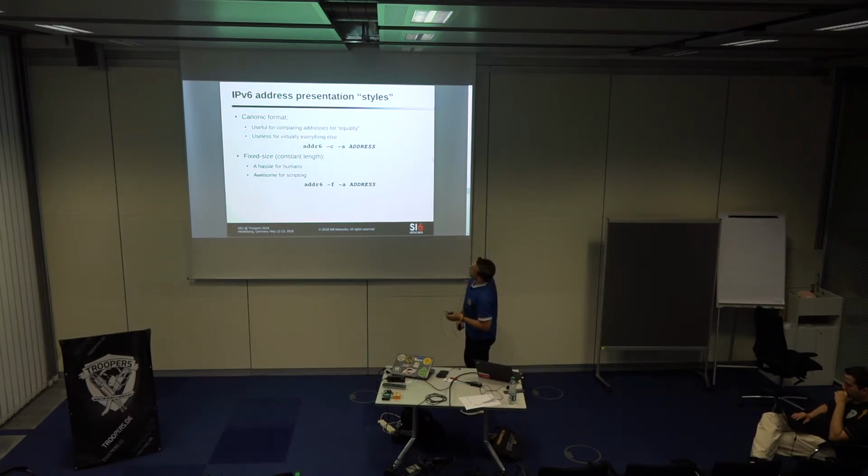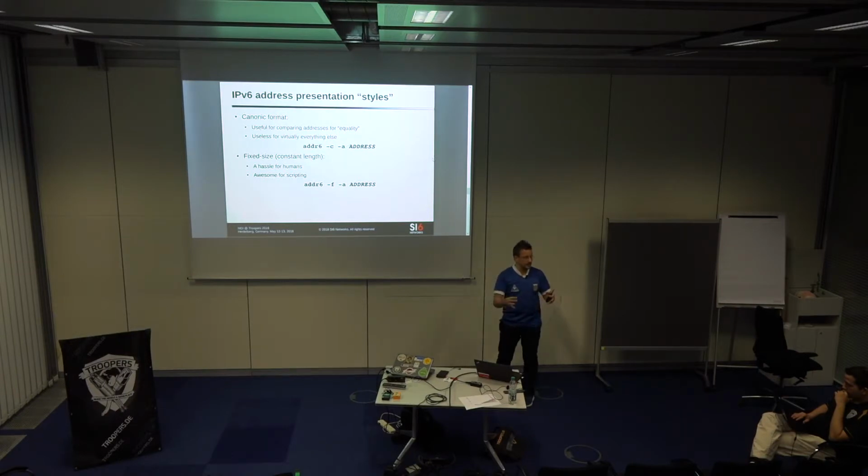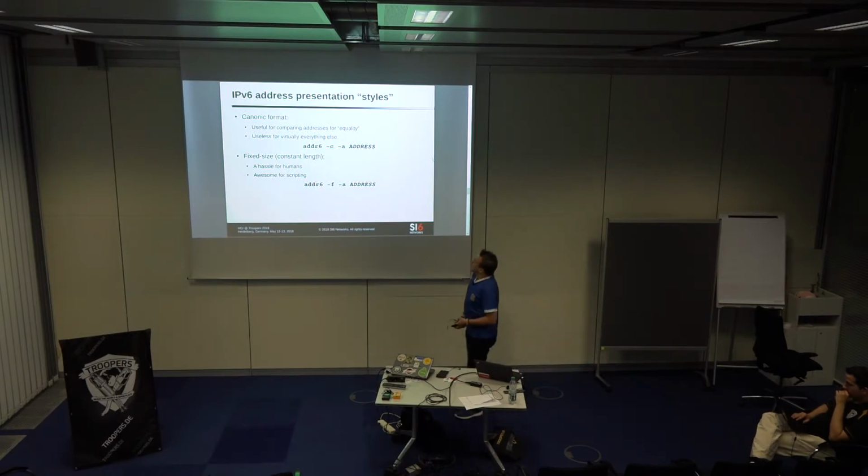For example, think for a second about the way in which you can print or represent addresses. First of all, you have what we call the canonical format, or I don't even know if it's called the canonical format, but it's the more compact format in which you can represent an IPv6 address. Okay. That's what we normally use for everything, when you are logging an address, when you are entering an address, and so on.